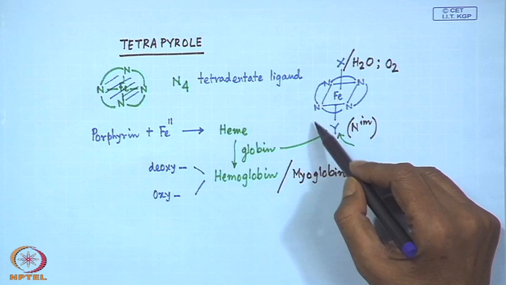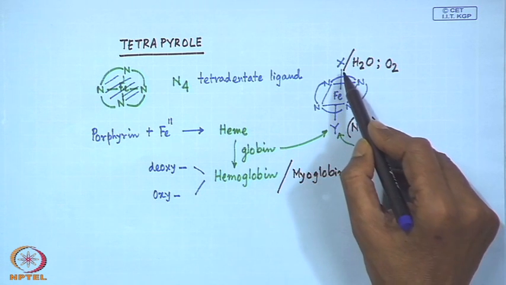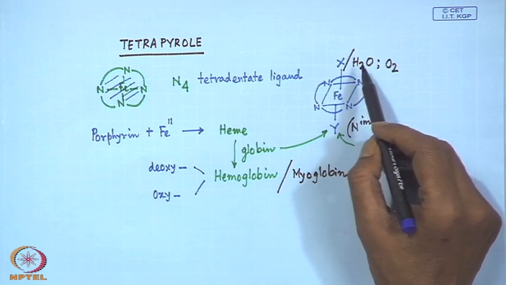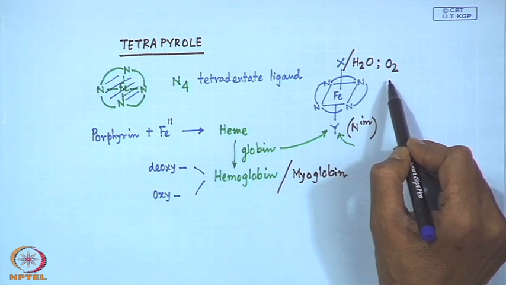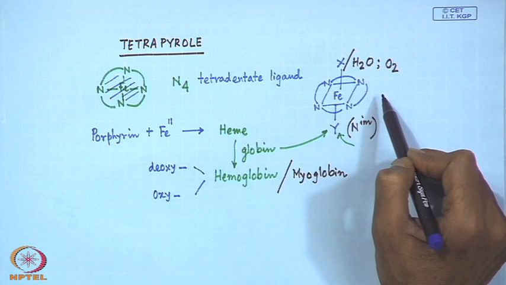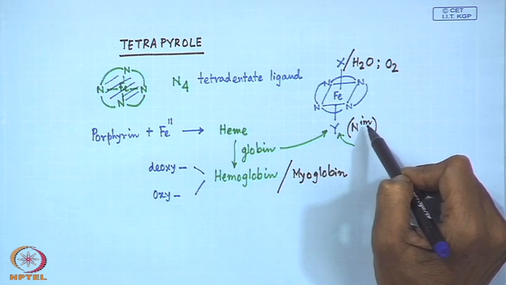So, all 5 positions are occupied. So, the only available position is the 6th site, and through that 6th site it is only interacting with the dioxygen molecule, giving interesting reactions related to the oxidation of